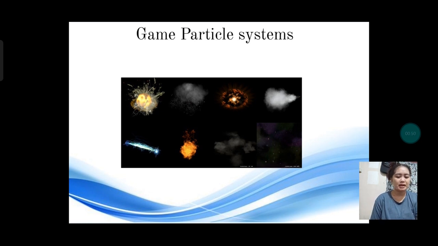So particle systems are large collections of small objects that create pseudo 3D visual effects such as clouds and beams. The Source engine has also covered full screen post processing effects.